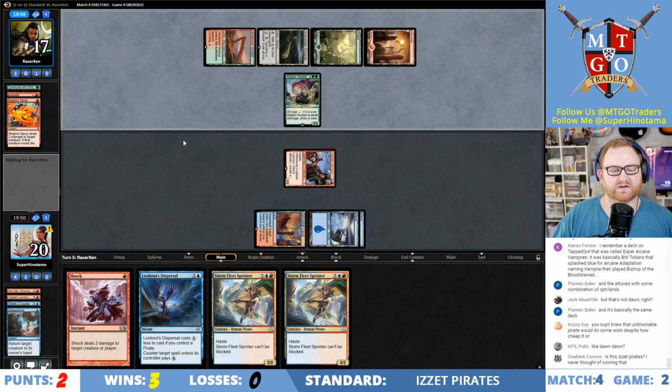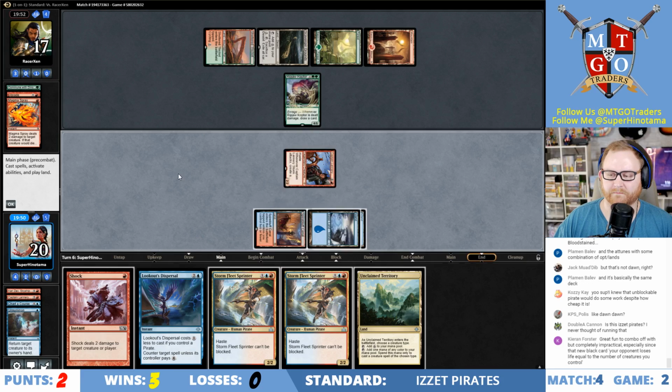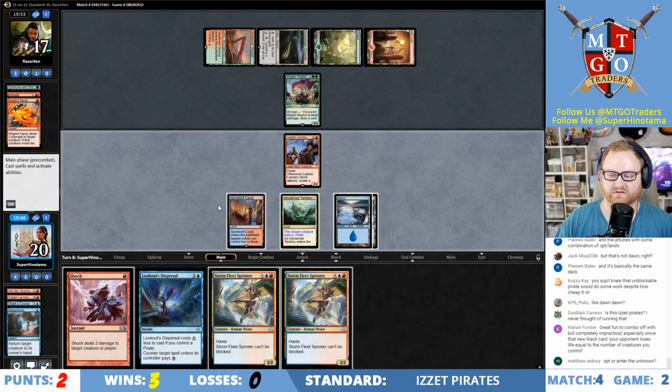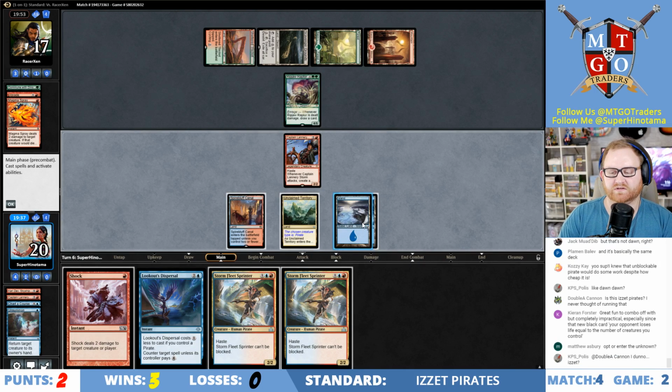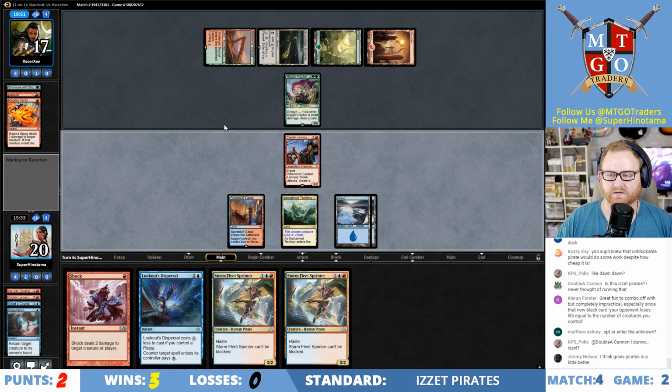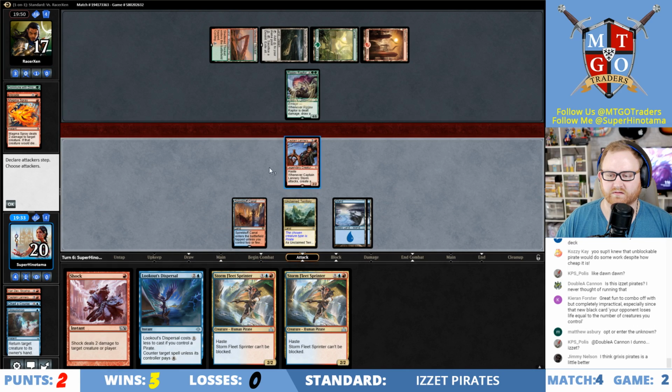Is it Pirates? Never thought of running that. Yes it is. The deck list is in the description if you want to check it out. Ooh, there we go. Okay, here we could go for a Lookout's Dispersal up. Obviously, we need 3 mana to do that, because if we play out the Sprinter here, I do have the fear that...